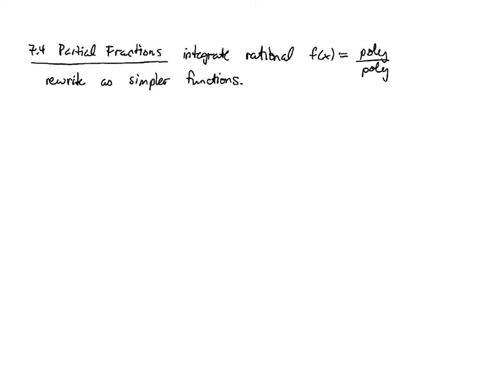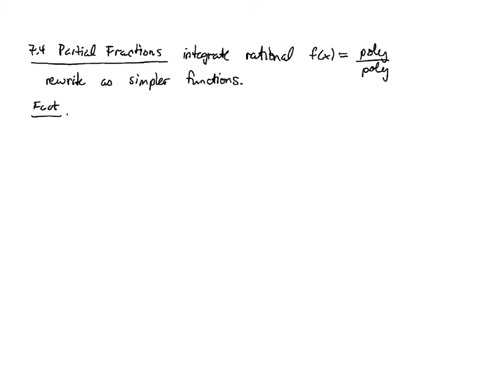The most general situation for partial fraction decomposition is fairly elaborate, so I'm going to build up to the general technique in a certain number of steps. So we'll start with a very basic case,